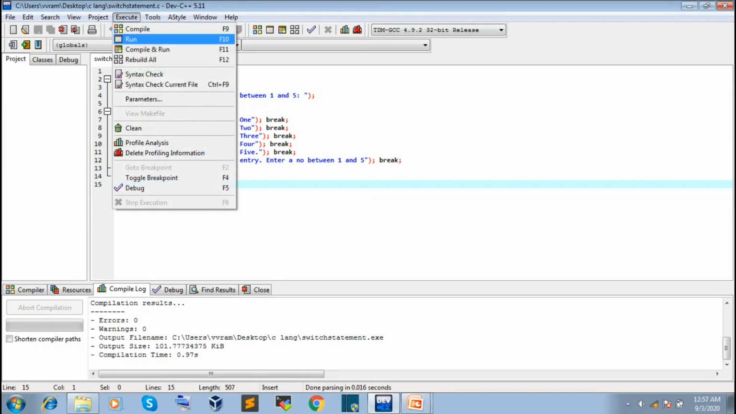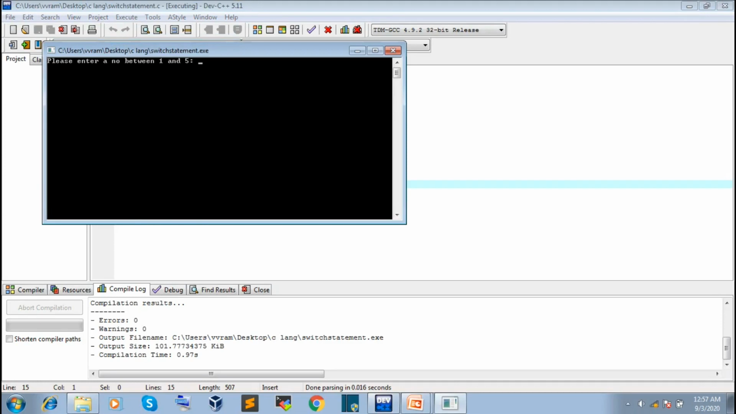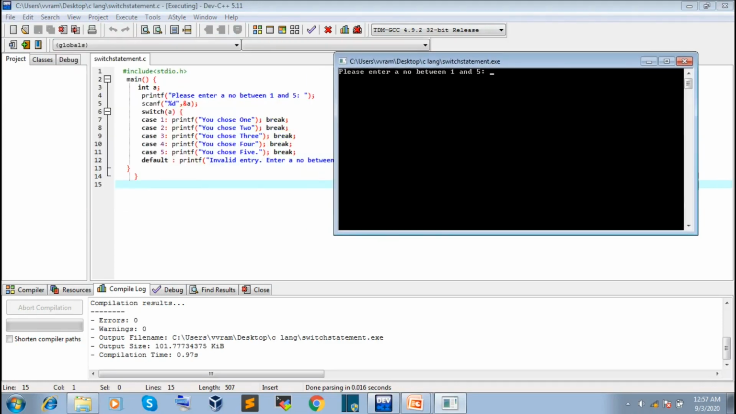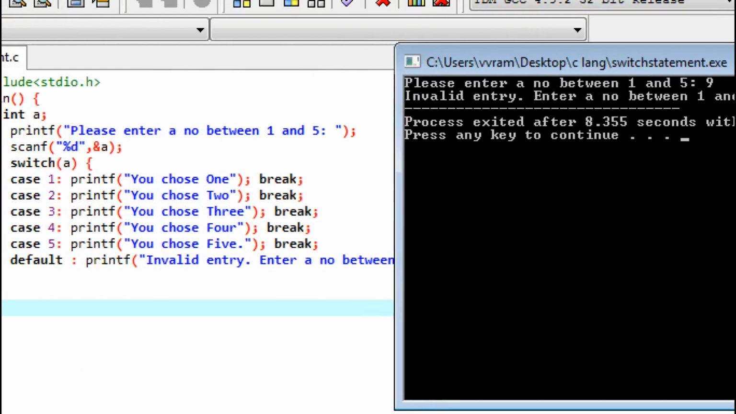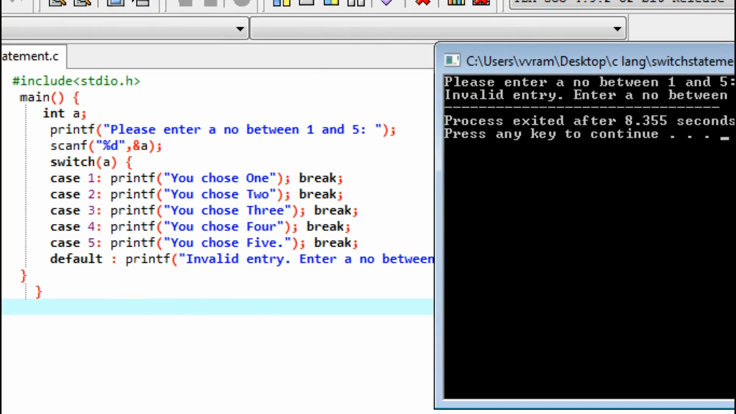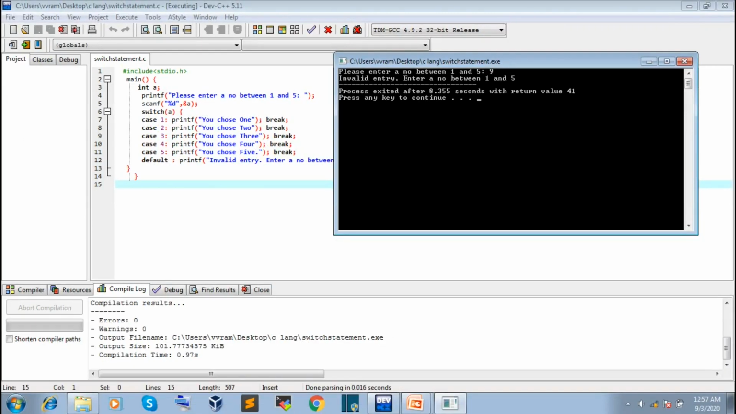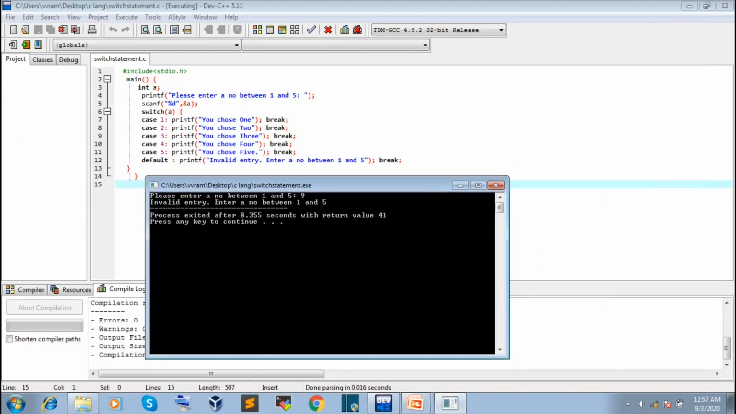go to execute, click on run, and enter a value other than 1 to 5. I want to enter some value 9. See here, it performs that default. See. Okay,